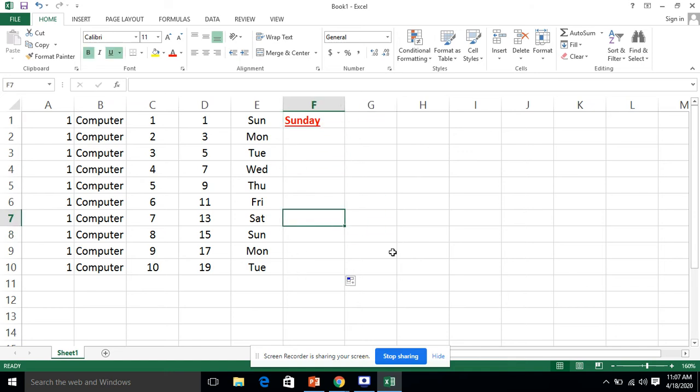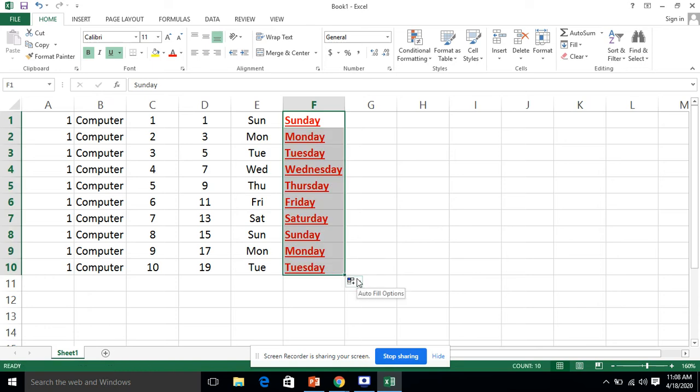If I type Monday here, it will come with the same formatting, in the red color, with the underline, with the same size. Formatting means design, text style, font size, etc. These things will be copied. Now, fill without formatting means don't copy the formatting. Formatting will not be copied.